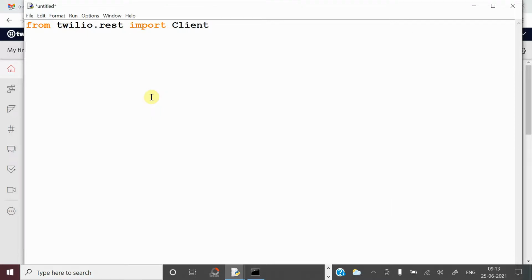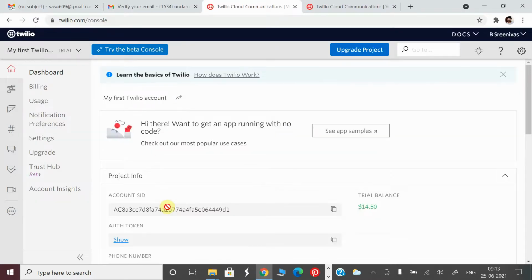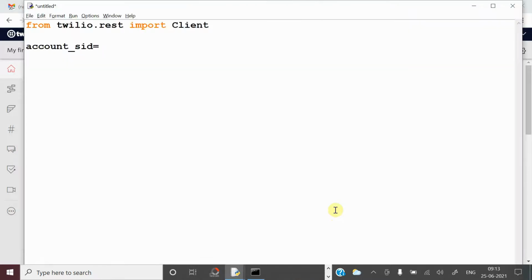After that, you have to create one variable, account_sid. For every account, one unique ID has been given, which can be clearly seen here. So this is the account SID. Now the same thing should be copied here. Just click on copy. Now here you have to paste it in string format, so keep that code in double quotes. So it will be of string type.